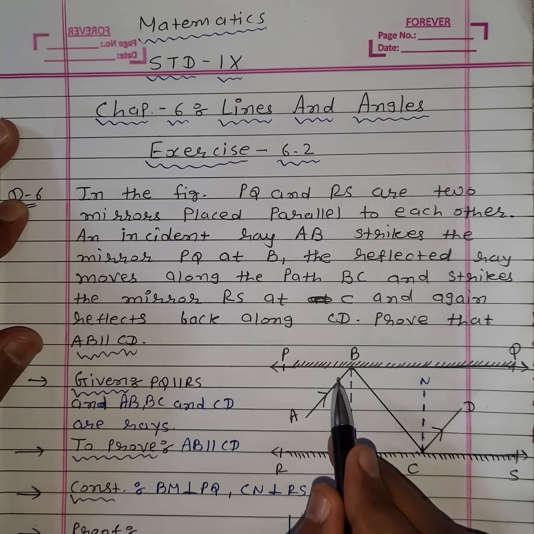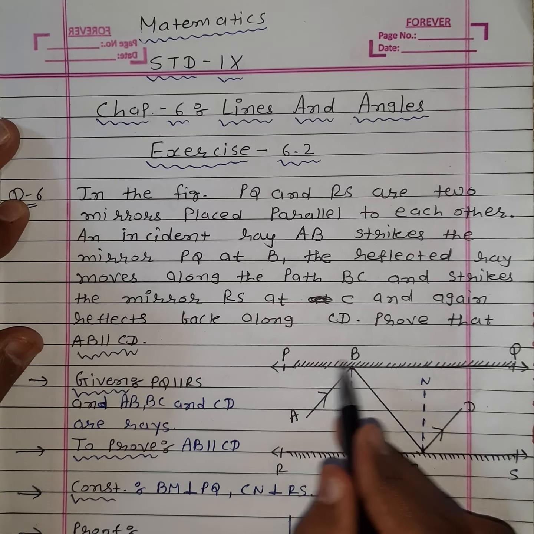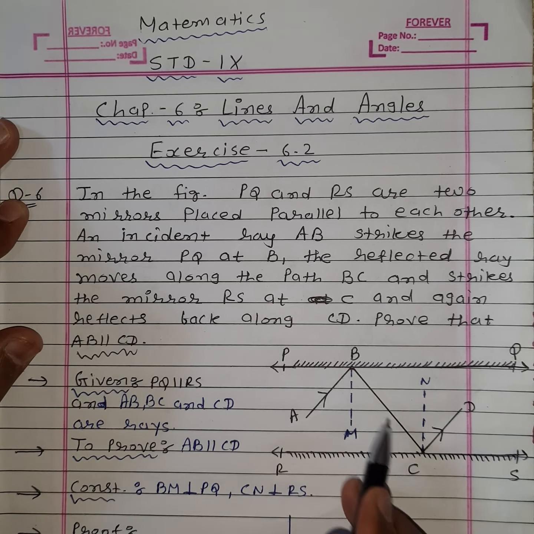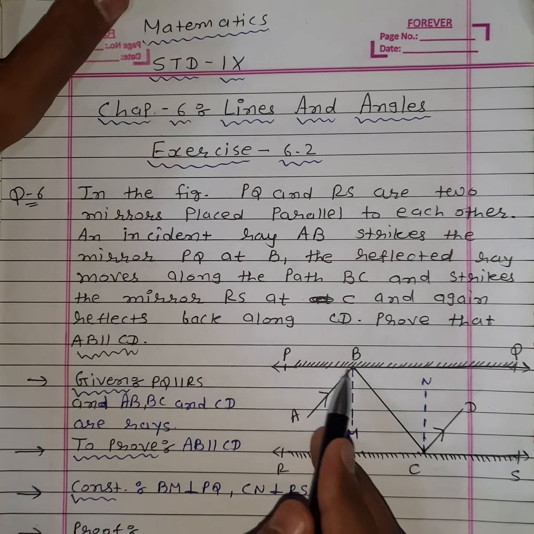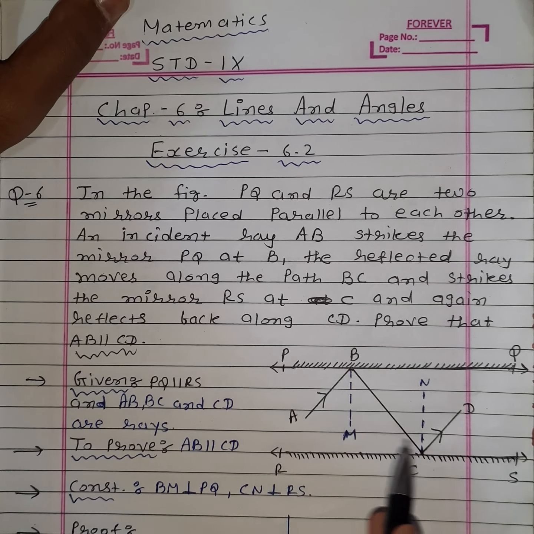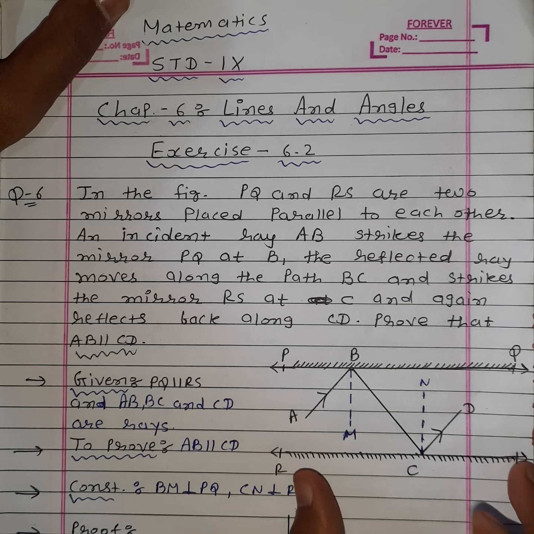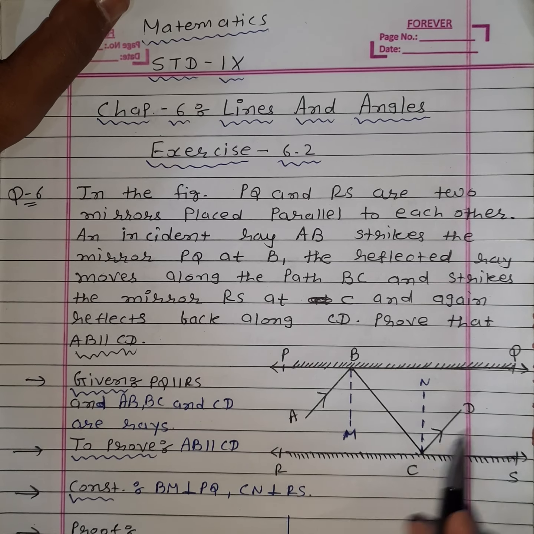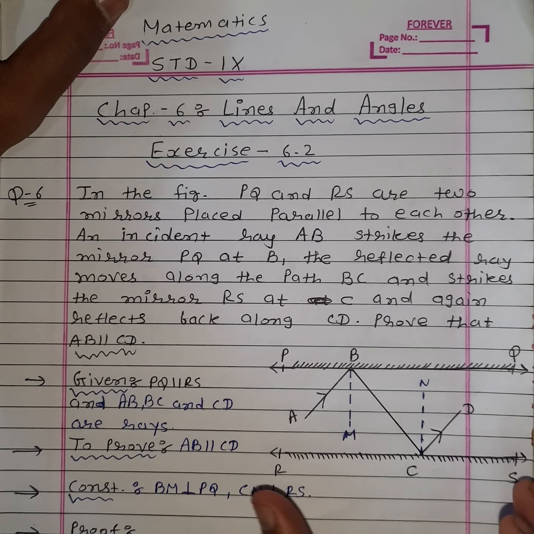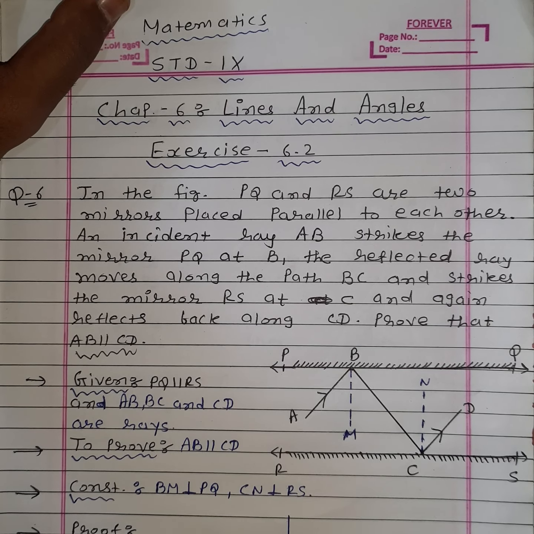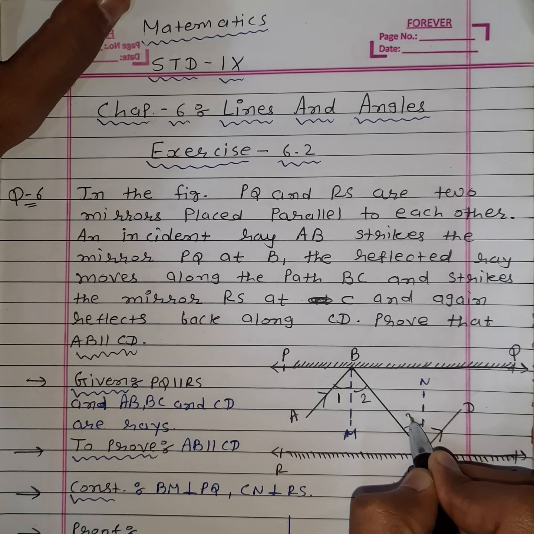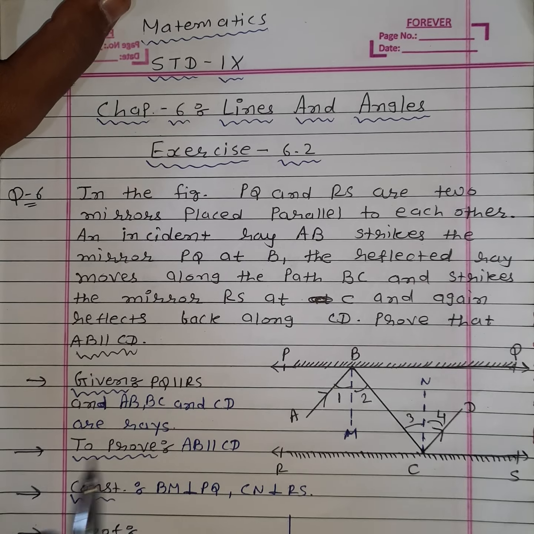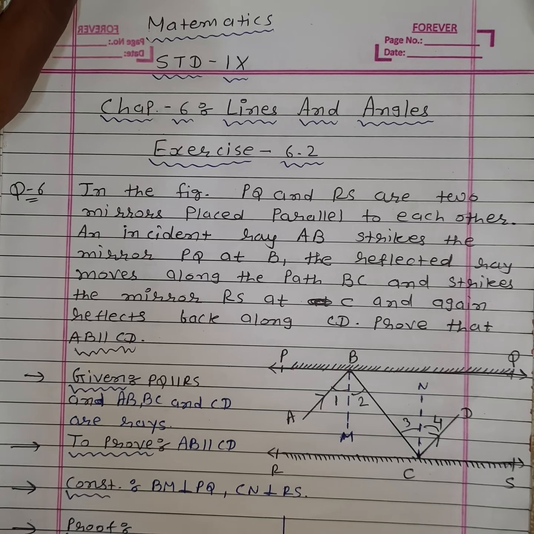See, this BC is the reflected ray for this mirror PQ, but BC is the incident ray for this mirror RS, right? Because the ray along the path BC strikes the mirror RS at point C. So for mirror RS, BC is the incident ray, and again CD is the reflected ray for mirror RS, right? So if we consider this angle as angle 1, this angle as angle 2, this is angle 3, and this one is angle 4. See students, recall from standard 8, you have studied in the physics part that the incident ray and